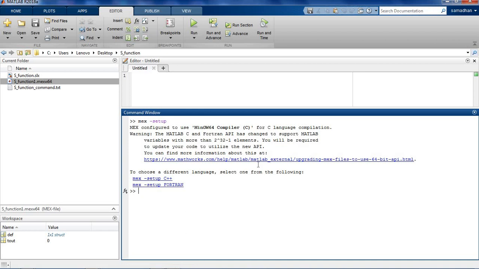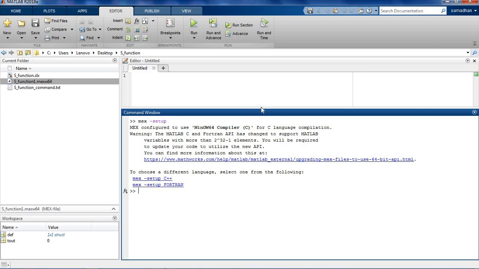So coming back to generating S function, actually S function brings your C code in MATLAB environment. For example, you have some mathematical equation for your code. So instead of developing a MATLAB model with different blocks, you can just choose an S function and bring the same code in MATLAB environment. So it is possible by using S function. So now we will see how to create S function.